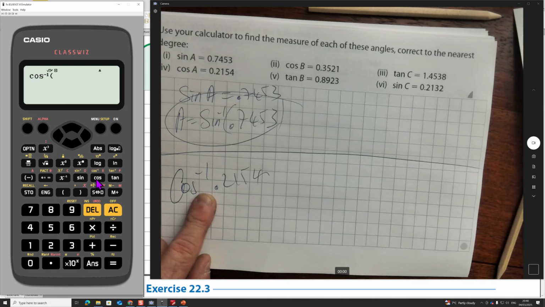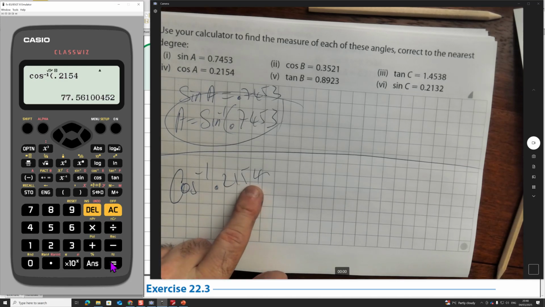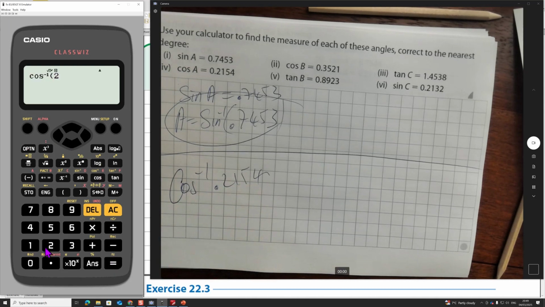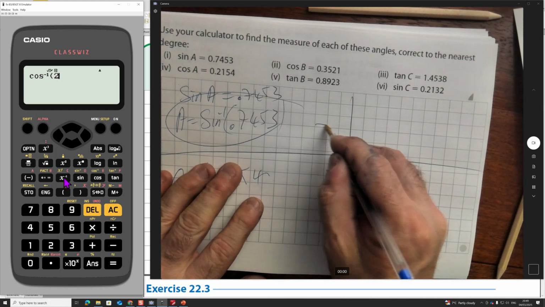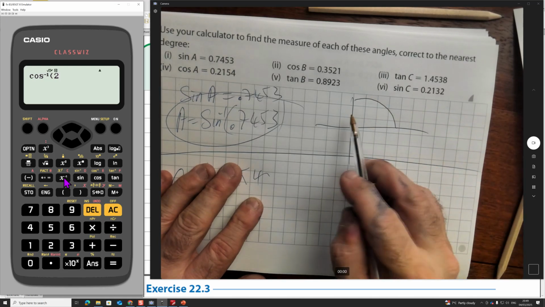Inverse cos 0.2154. Quick question. What do you think could happen if I put a number here like 2 or something bigger than 1? Let's check. Inverse cos 2. What do you think is going to happen? There's no answer. Because what cos does, by the way, is it's kind of like a flip version, left to